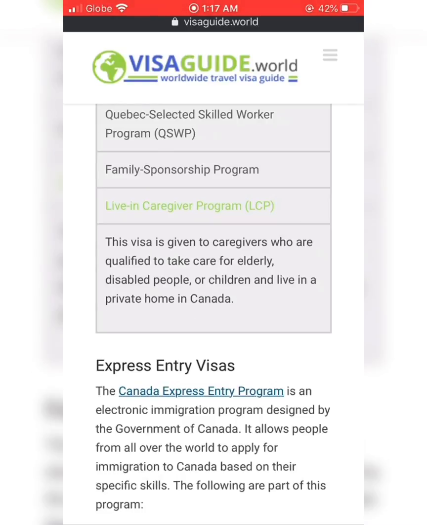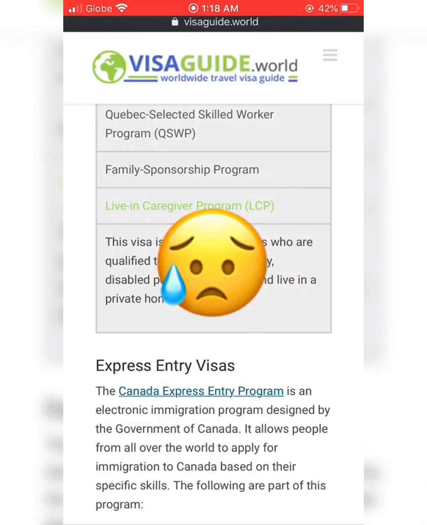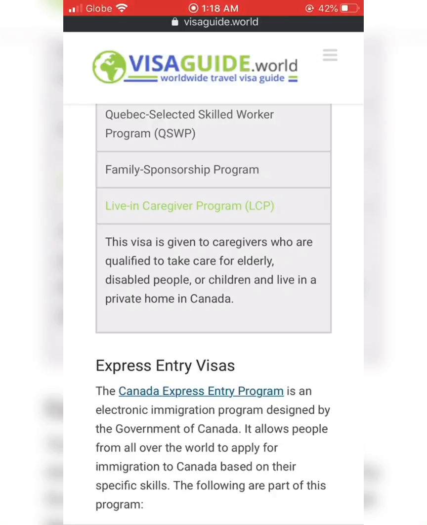Kasi sa Canada is very in-demand talaga yung healthcare services. Especially caregiver kasi ang daming tumatanda doon na walang nag-aalaga. Alam niyo naman sa western country, di ba? Once 18 years old na yung tao, meron na silang sariling buhay. So, usually yung mga matatanda na iiwan sa mga home for the aged, mga ganun. So, nakakailangan yung Canada for caregivers to take care of elderly, disabled people, or children and live in a private